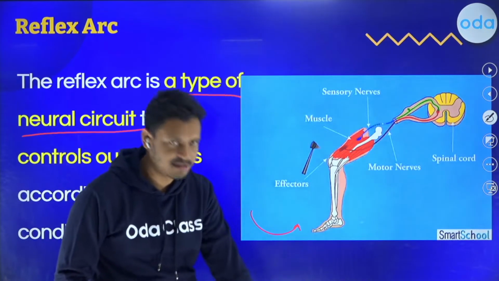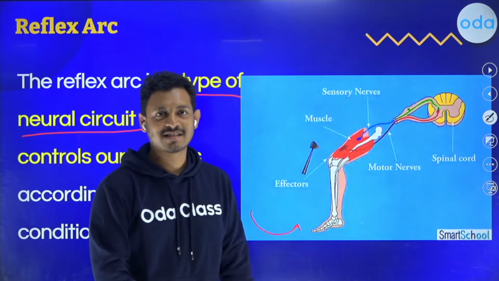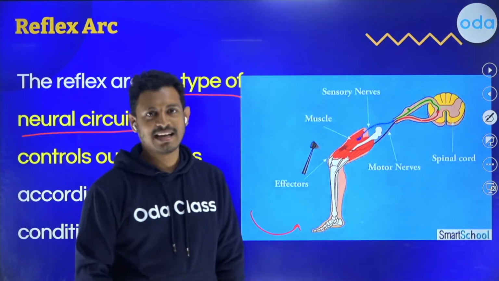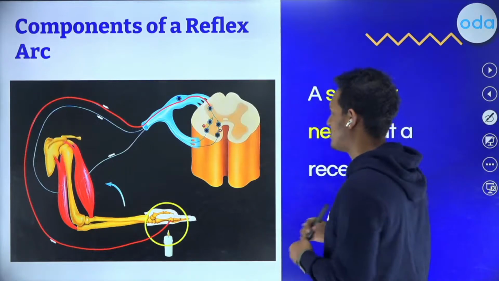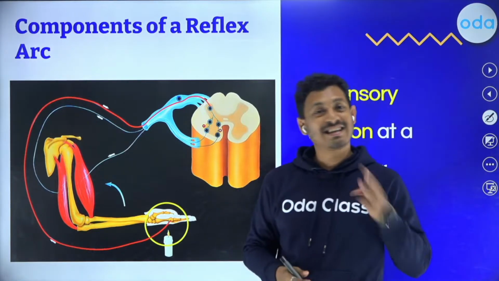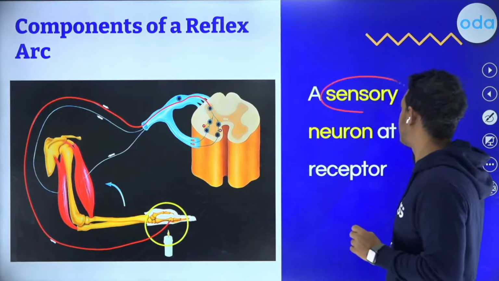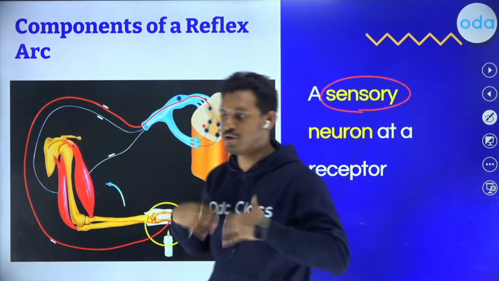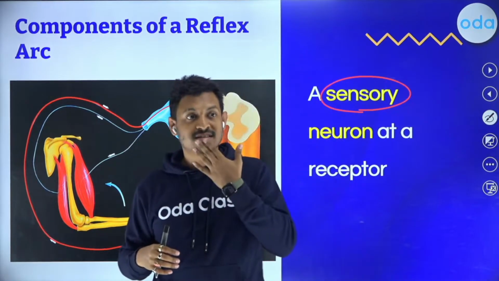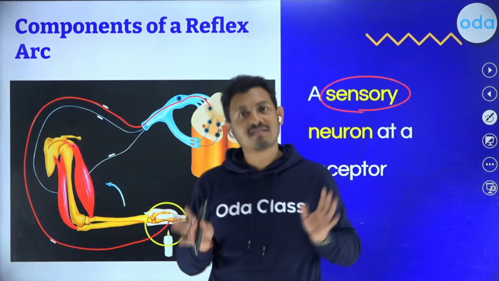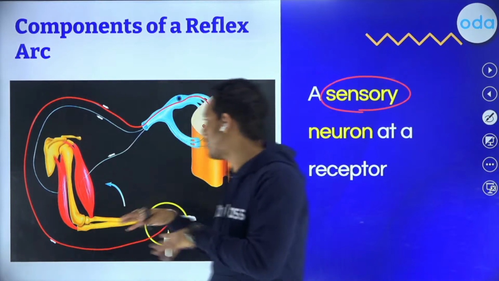You can see it in this as well. As soon as I tap on my knee, the sensation goes to my brain, and immediately it sends a response to my muscles, and my leg just flips out. So that is what is happening in this situation. Now, when it comes to a reflex arc, there are three things that are always there. Number one is the sensory neuron. The sensory neuron is usually attached to your sensory organs: your eyes, ear, smell, taste. Everything that you experience is through a sensory organ, and sensory neurons are connected to the sensory organ.